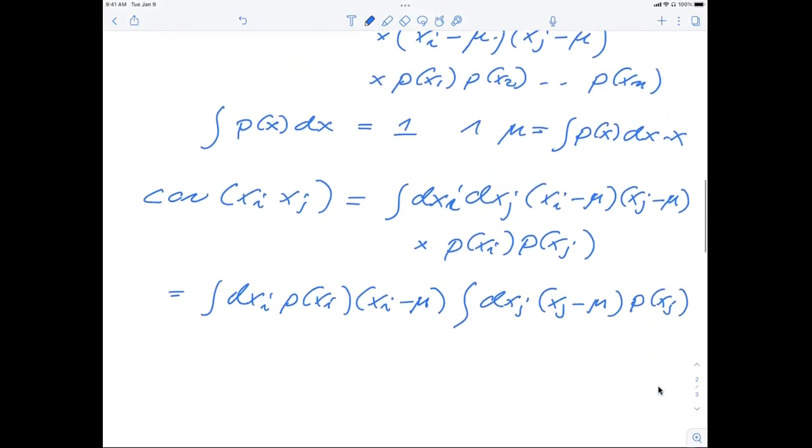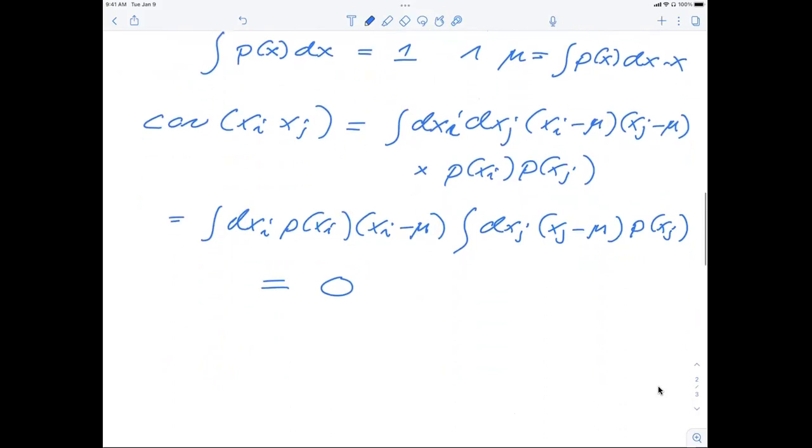And you see now that mu is just a constant. That means that the second term which we have here, due to the normalization condition, simply gives us mu. And the next quantity gives us the average value, which is again mu. So that means that this is exactly equal to 0. If not IID,